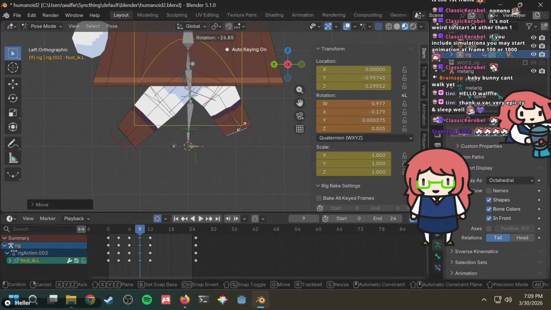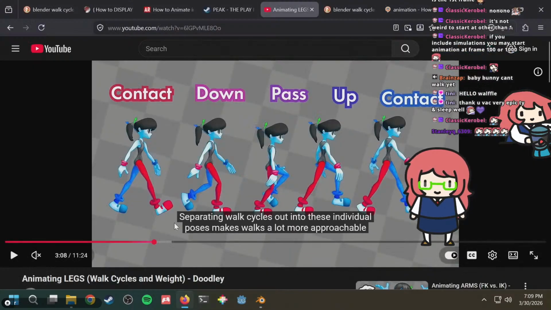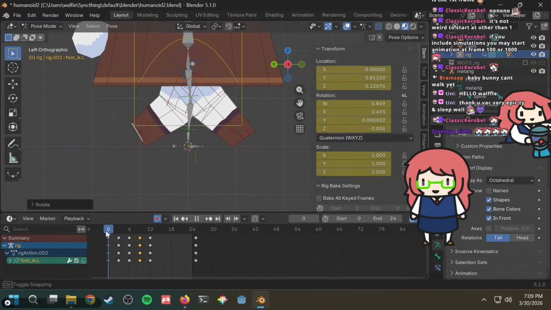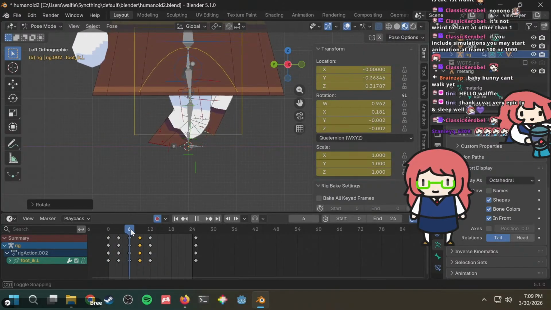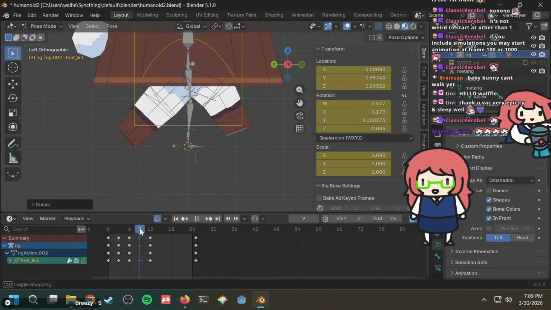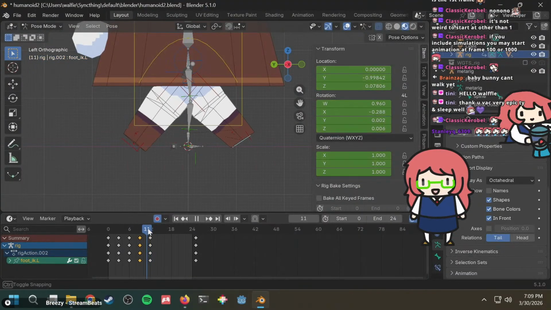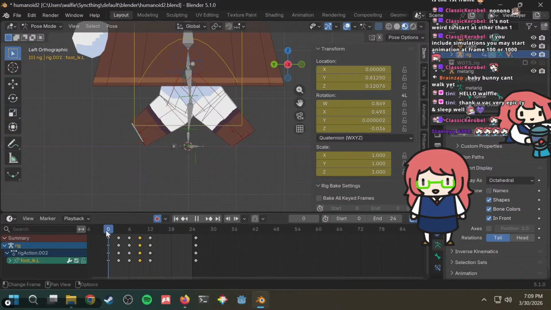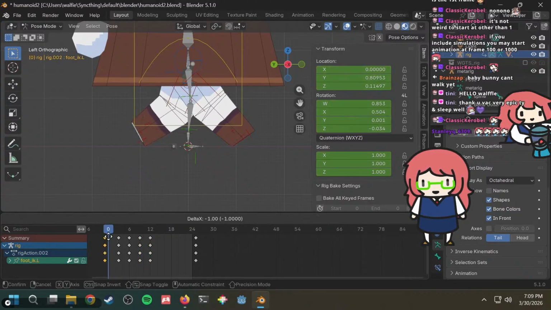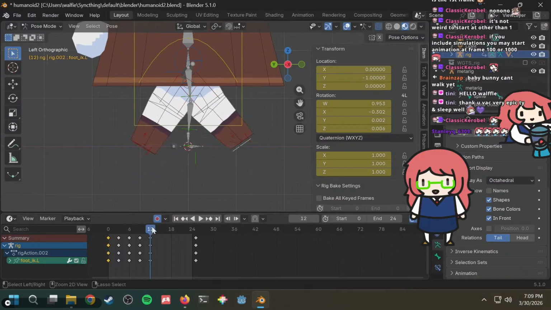Like this. Alright, so right now we have this. That looks pretty good. And then we have the contact pose. So it goes back down there. But then really what we want to do is we want to copy these, paste these,